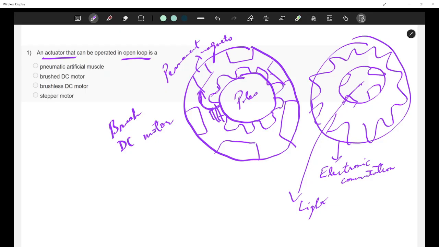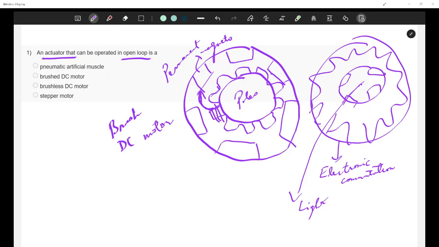Now if that has to be done, what would we choose? The motor should not have high inertia. If it has high inertia, it won't be able to stop and move in the opposite direction, right? So that is one of the problems why we don't prefer brush DC motors in industries and we go for brushless DC motors. Anyway, that was off the track and we'll have multiple questions on that.